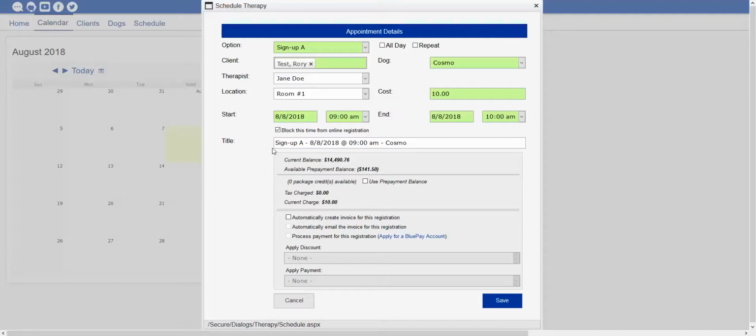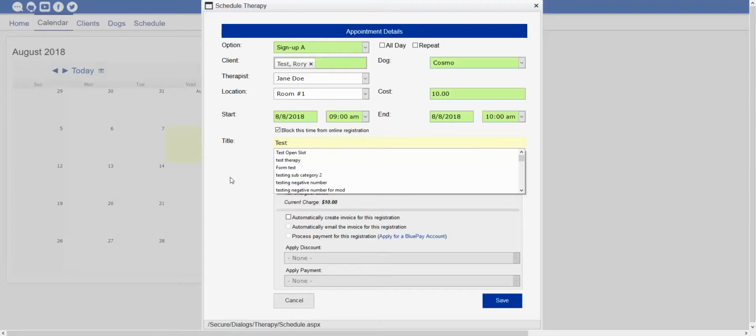Next section showing inside of this window is the title text box. Again, this will populate based off the sign up option that you have chosen, but if you wanted to change the name of your appointment, you could do that here. So again, it would auto-populate with this information, but let's say you just wanted to change this to test, you